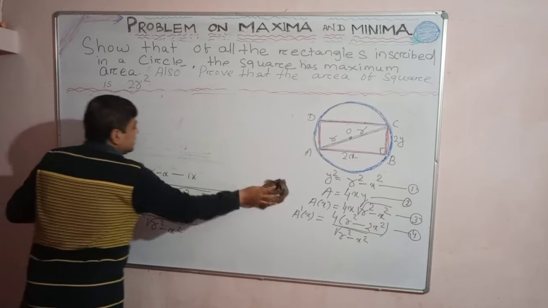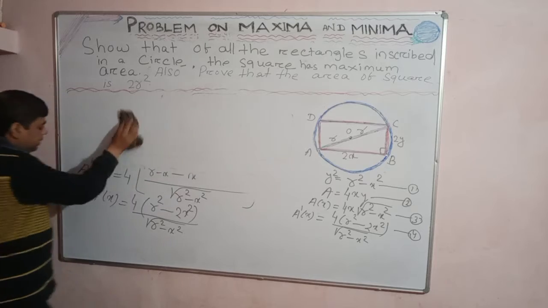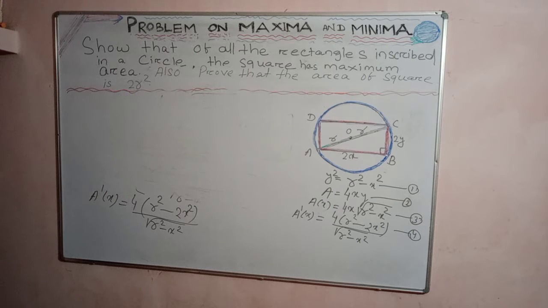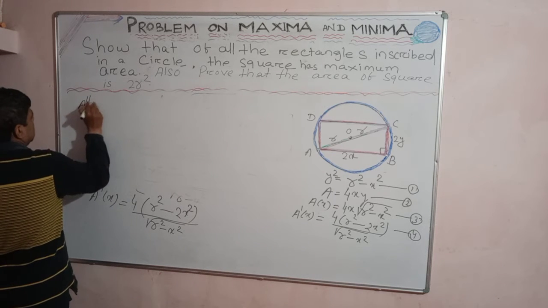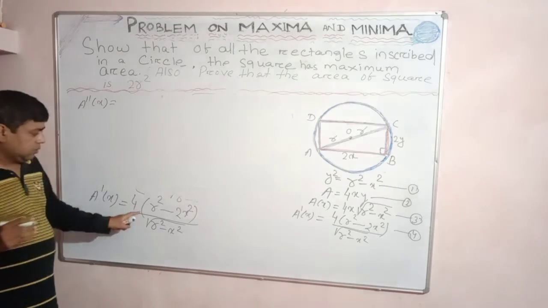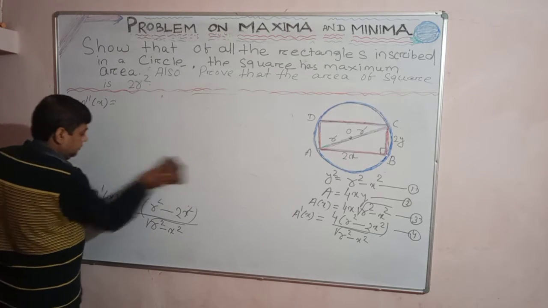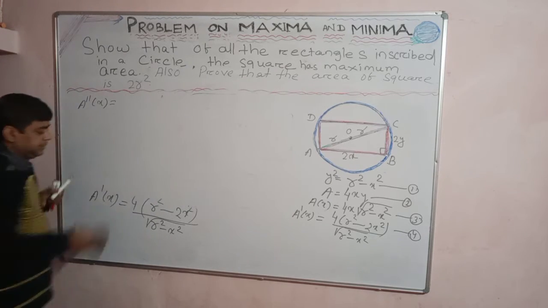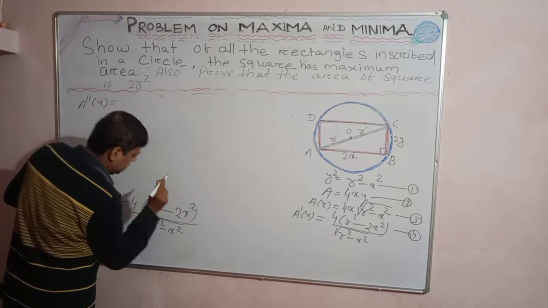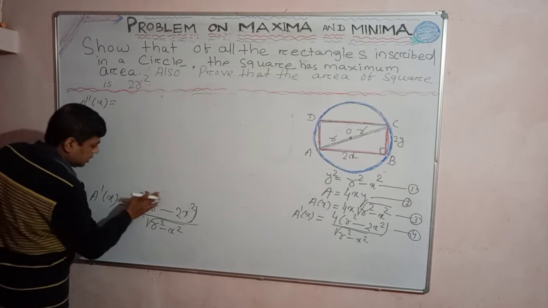Now let us see. So this is the first order derivative, A dash x, the derivative of area with respect to x. Then let us find the second order derivative. Second order derivative means A double dash x. That is equal to what? d by dx, the derivative of this. Okay. Yes, students, you see. And this is r square minus 2x square. Be clear? Okay, r square, sorry, this is r square.